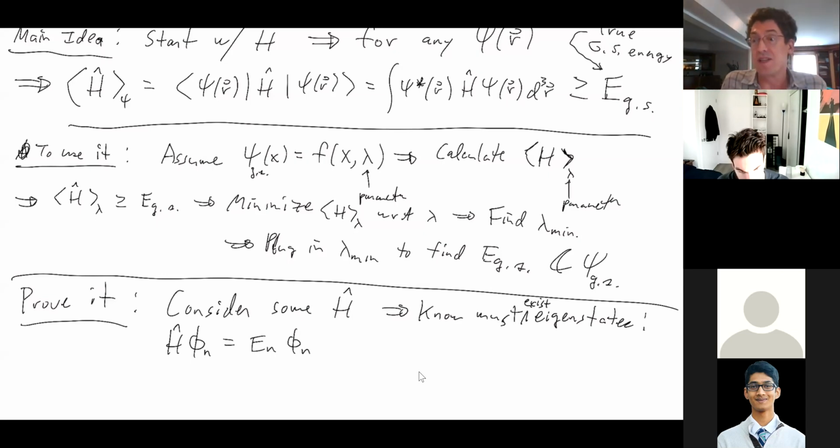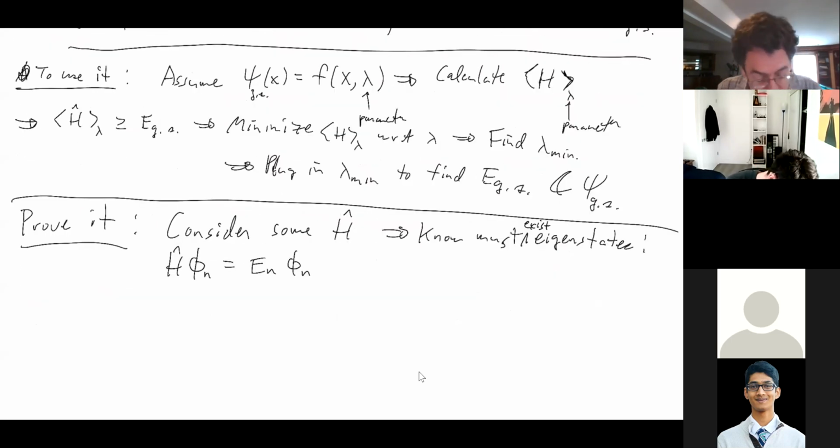We don't even need to know what that energy is, but we just know it exists. You can always diagonalize a Hamiltonian. It's a Hermitian operator, so we know that these states must exist. And so now what we do